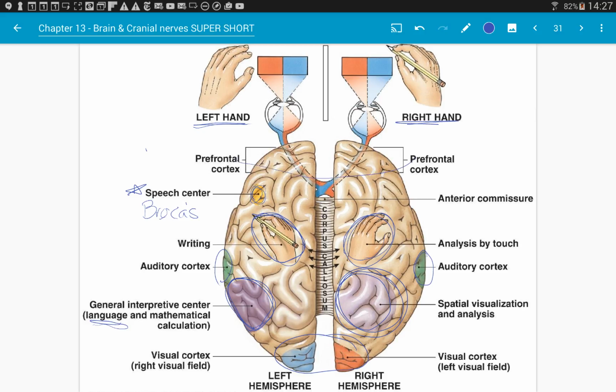Both have the prefrontal cortex. And then the last structure to point out, the corpus callosum. Those are the tracts of the white matter that connect the right and left hemisphere together. Now,